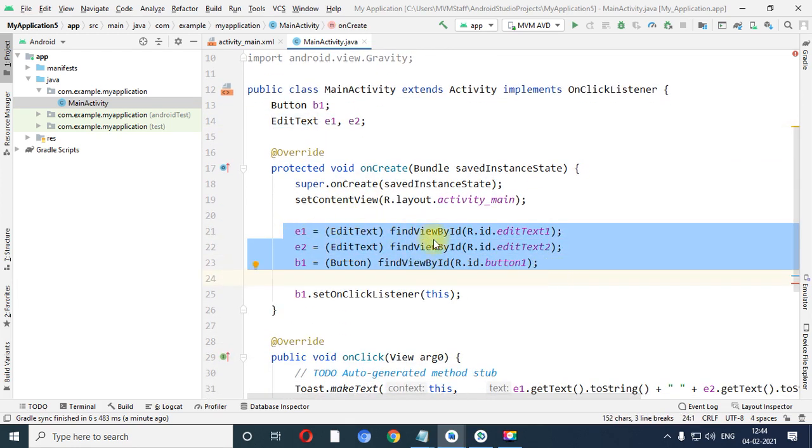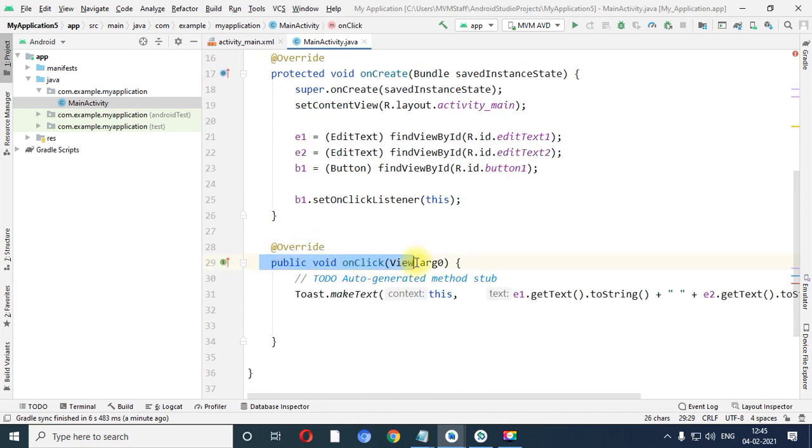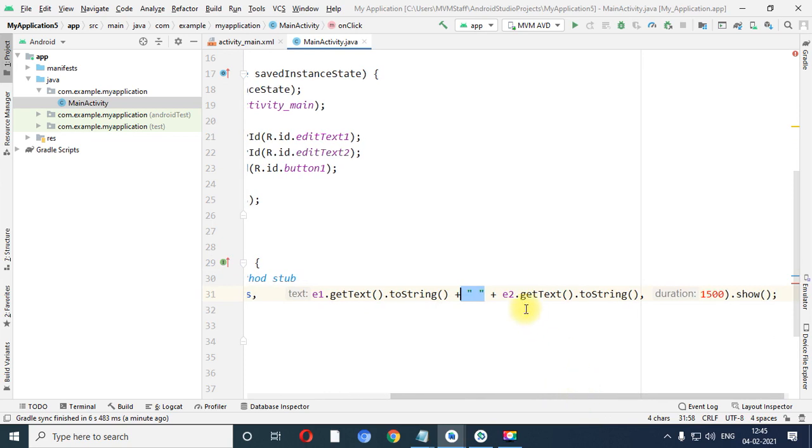After that, find view by ID, set on click listener, which will generate an error, implement over here, override the on click method, this E1 dot get text dot to string, double quotation space for space E2 dot get text dot to string, and at last the duration.